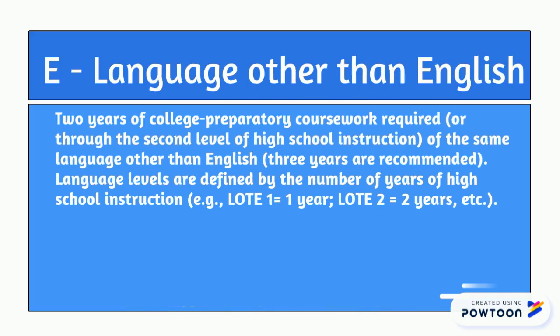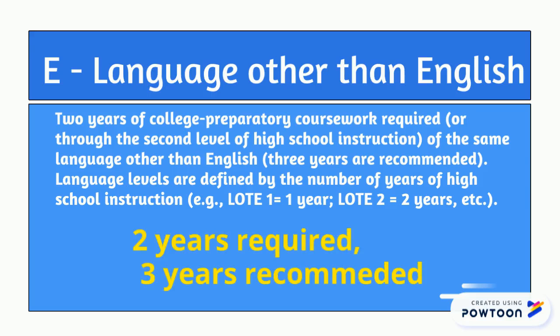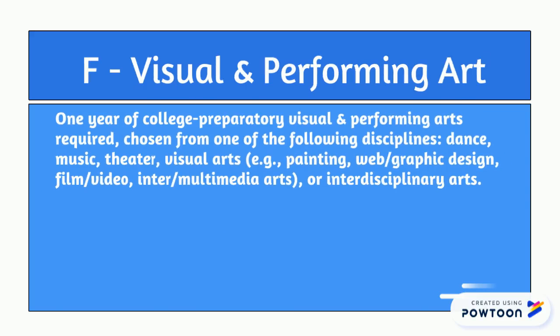In Area E, language other than English, 2 years are required and 3 years are recommended. Now, this is another area where you as a middle school student can start earning A through G credit. If you're taking, let's say, Spanish 1 or Spanish 2 or Spanish for native speakers, you're in an A through G class. For Area F, Visual and Performing Arts, 1 year of a college prep visual and performing arts class